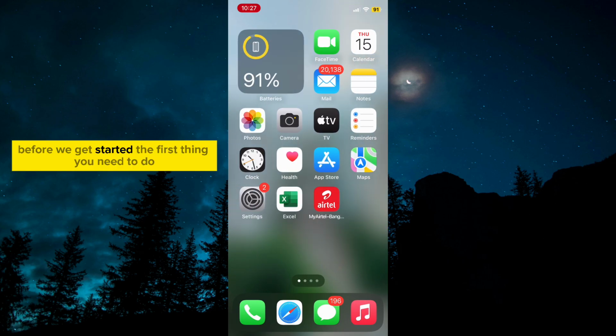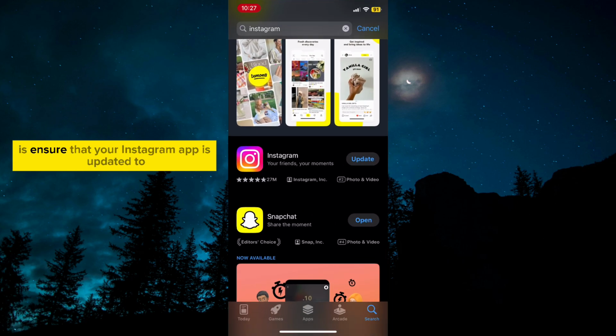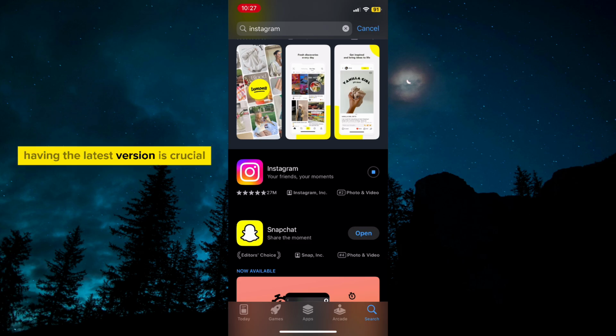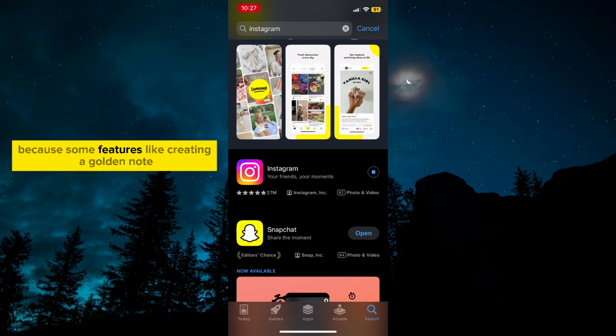Before we get started, the first thing you need to do is ensure that your Instagram app is updated to the latest version. You can do this by heading to the App Store or Google Play Store and checking for any updates. Having the latest version is crucial because some features, like creating a golden note, may not be available